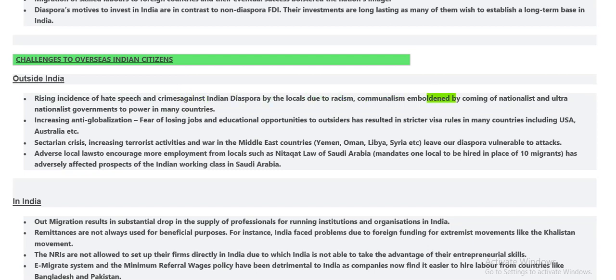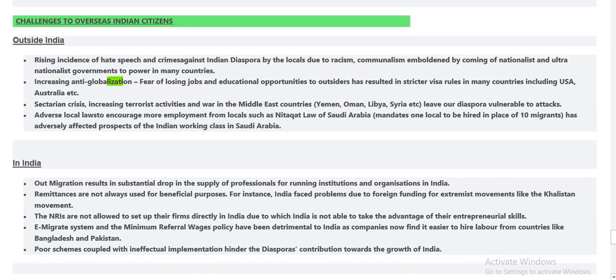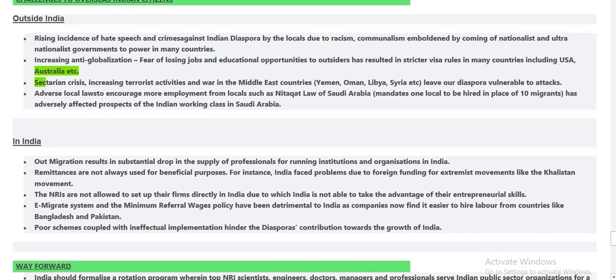Challenges to overseas Indian citizens. Outside India: rising incidents of hate speech and crimes against the Indian diaspora by the locals due to racism and communalism emboldened by the coming of nationalist and ultra-nationalist governments to power in many countries. Increasing anti-globalization and fear of losing jobs and educational opportunities to outsiders has resulted in stricter visa rules in many countries